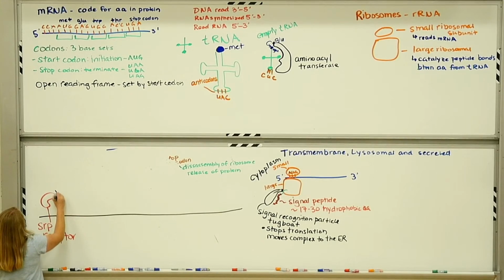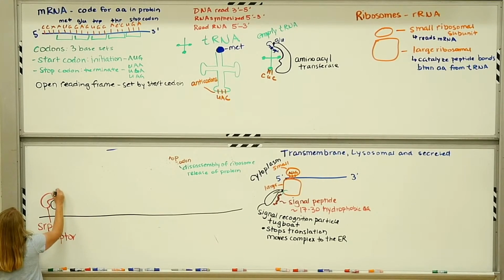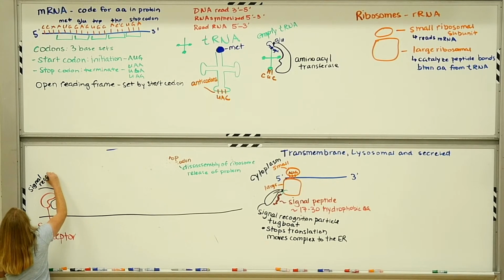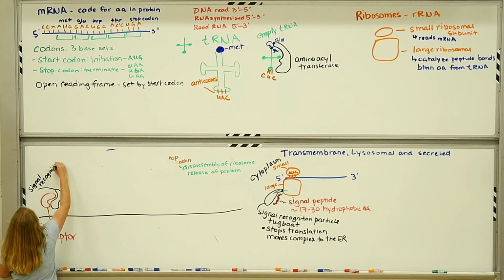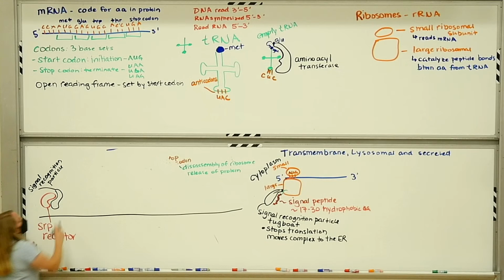So this binds to the signal recognition particle. Remember that this is like our hot dog bun. This is what was able to pick up that signal peptide and keep it safe. It's attached to that signal peptide,